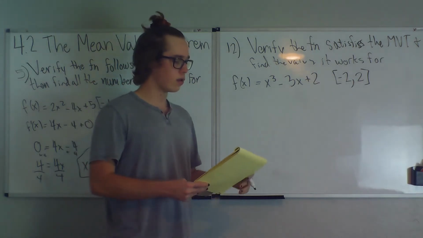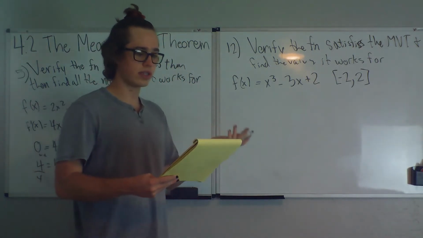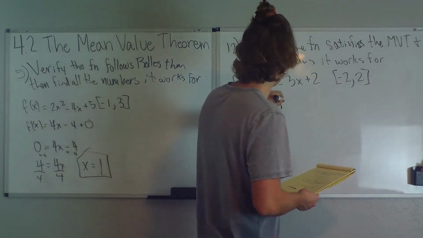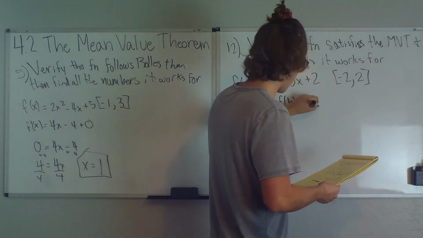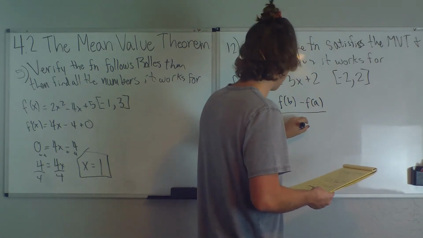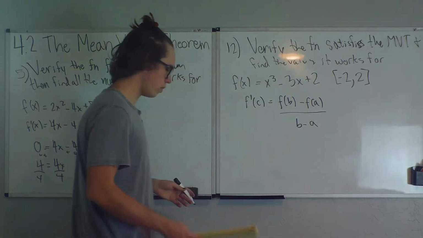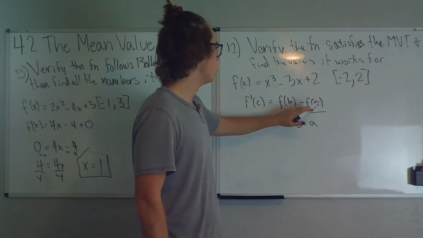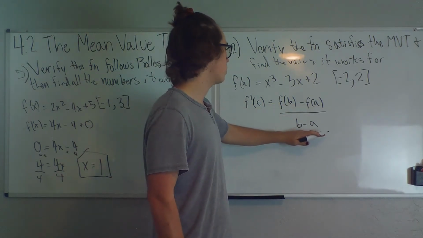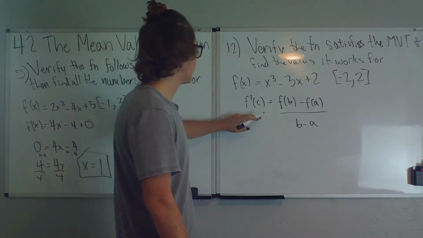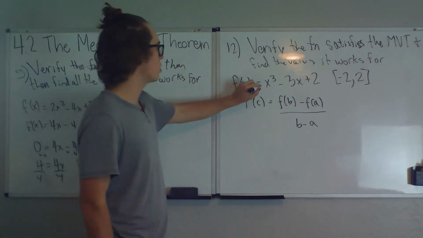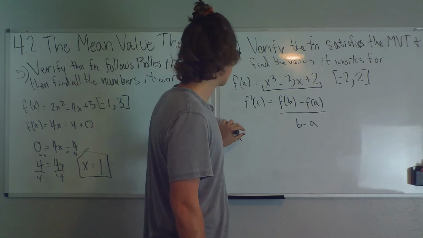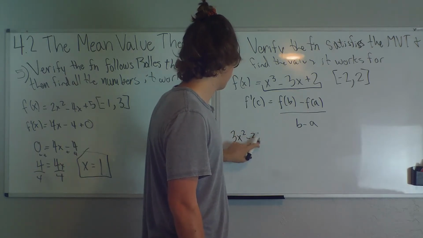And so then it states, then there exists a number c in a to b such that f prime of c is equal to f of b minus f of a divided by b minus a. Okay, so now we can just solve it. And what I mean by solve it is I need f of 2, f of negative 2, and then 2 minus negative 2, and we find where this works. So we're going to have to take the derivative of this first. So we get 3x squared minus 3